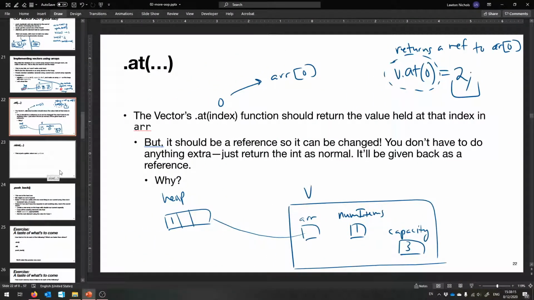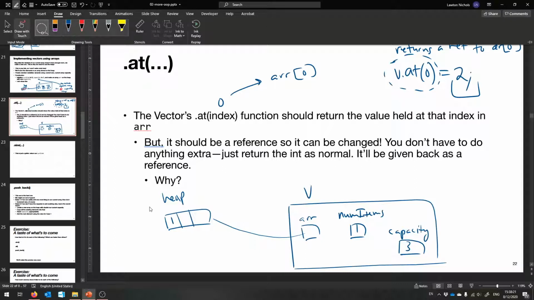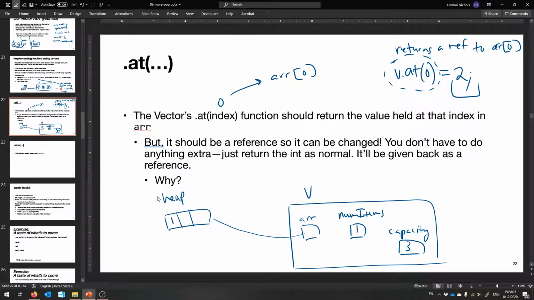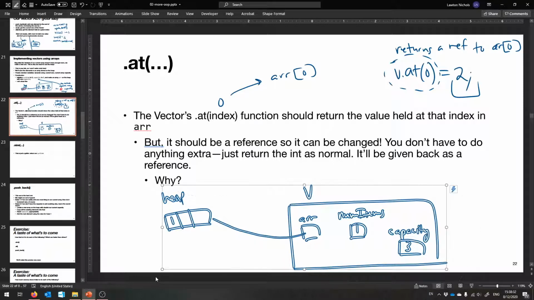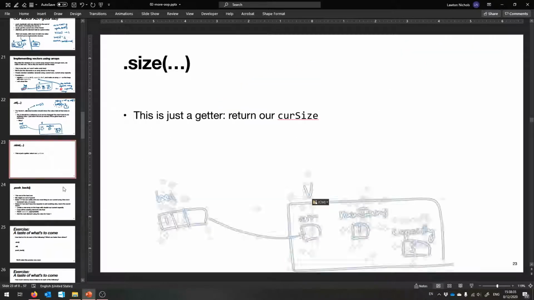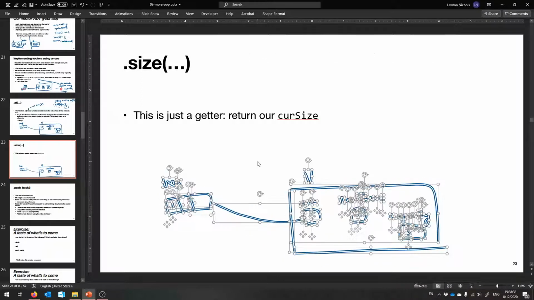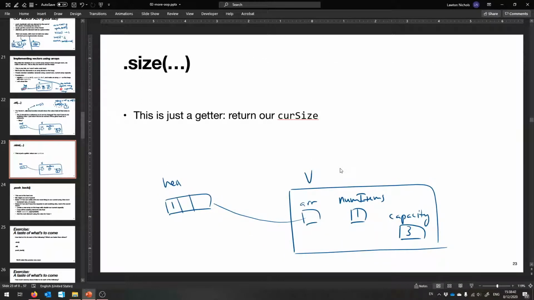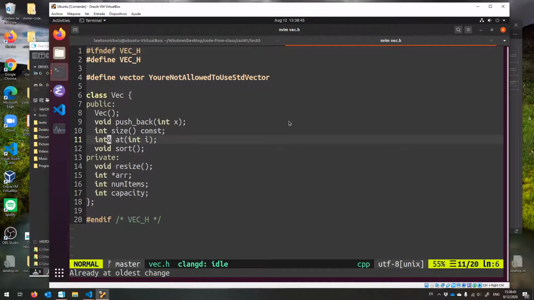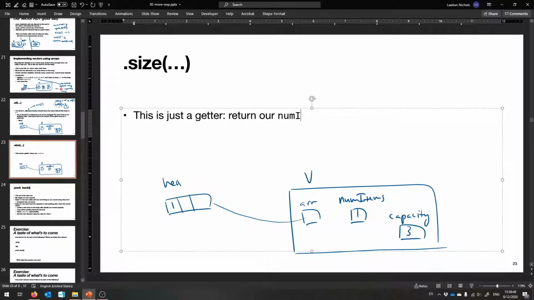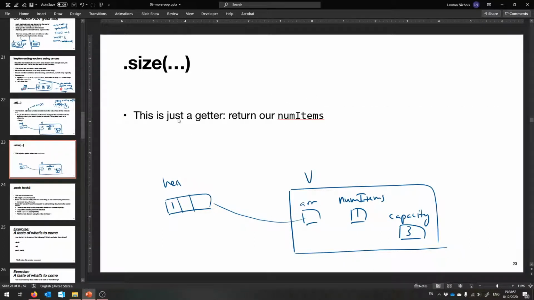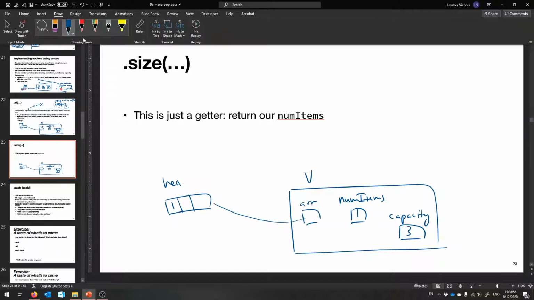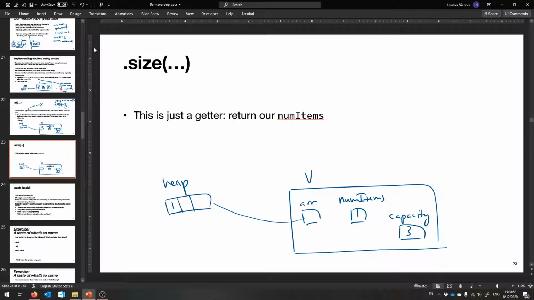Another easy one is .size. If I go in and copy most of this, let me show you. I'll copy that, plop it there. So size is just a getter. And for some reason, it didn't copy the P. Sorry about that. So all you have to do for .size is return the num items,